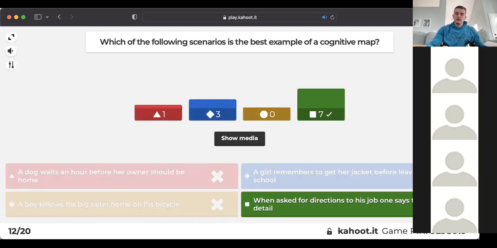All right. So the Marauders map is not a great example of this because the Marauders map is a very literal map. A cognitive map is a map that we create of a certain area or building or whatever in our head. So the question here is, when asked for directions, one says them in detail. Without even consciously thinking about this, we create these cognitive maps, these mental pathways in our head to get wherever we're going. Like of your school, you have a map in your head of how to get to your classes and things like that.